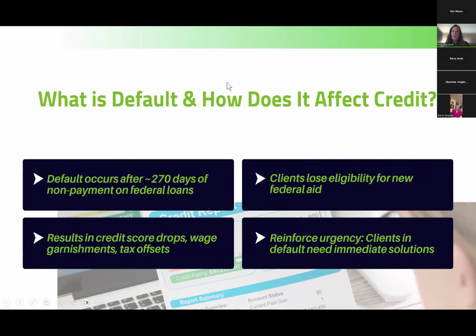Default occurs 270 days after non-payment on federal loans. Now, I think they've doubled that right now. They've been really giving people a chance to get these things handled and not default them. So what I'm seeing now is about 700 days before they actually go into default. Sometimes 500, sometimes 700, but they gave everybody an opportunity, because what was happening for me was I had clients coming in who were just past due,